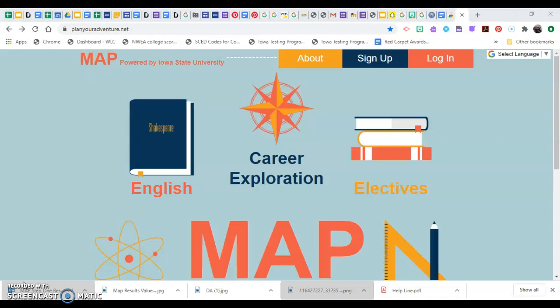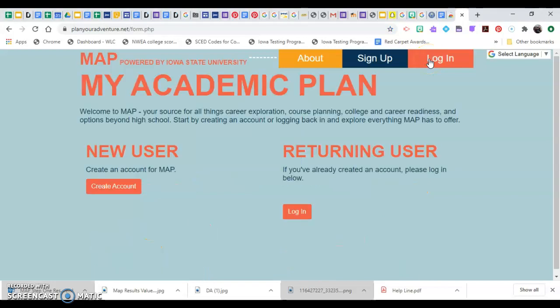So on this screen, I see MAP, and it's got lots of different icons here, academic things, and so forth. I am going to go ahead and hit log in, the red up top, and I am going to be a returning user. Even if you've already created an account, we are going to do it this way so we can connect it to our school district email in the Google Suite. So please hit log in,